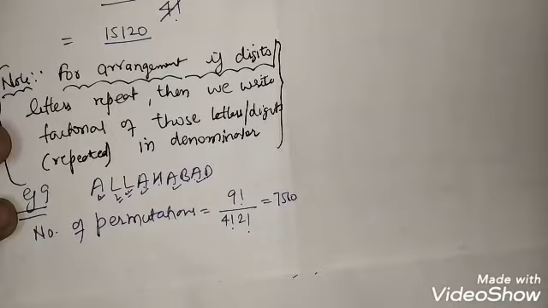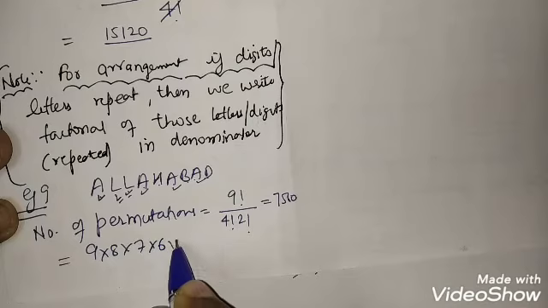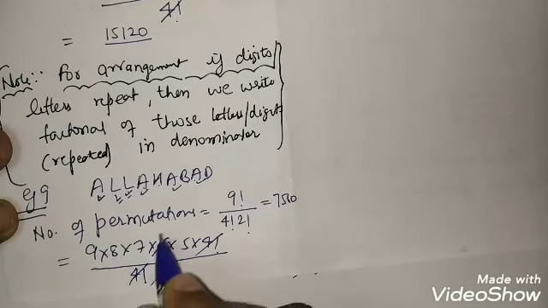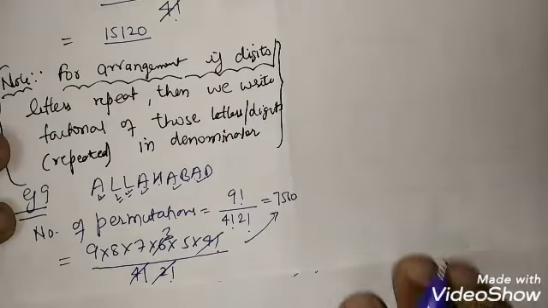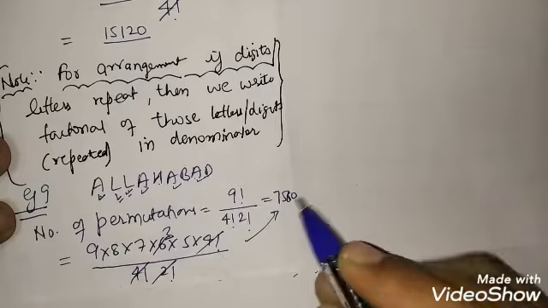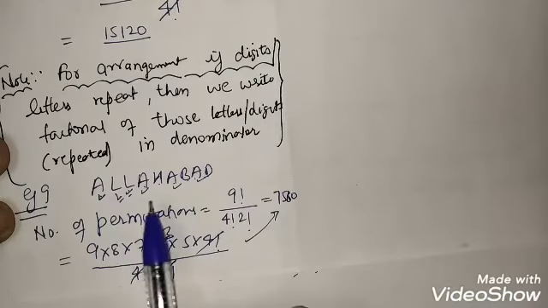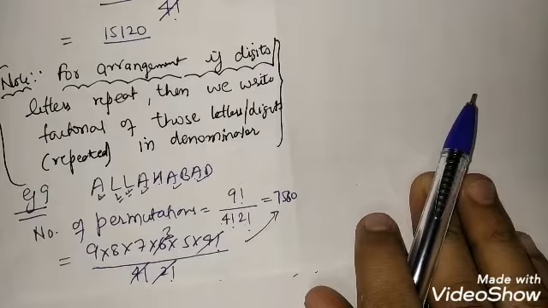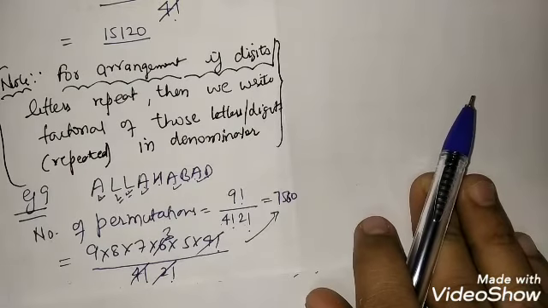Okay, it's quite easy. How we can calculate, you know very well. This is 9 into 8 into 7 into 6 into 5 into 4 factorial divided by 4 factorial into 2 factorial. Cancelled. 2 3s are 6. Multiply this, you'll get 7560. Whatever the letters are being repeated, you will write in the denominator.